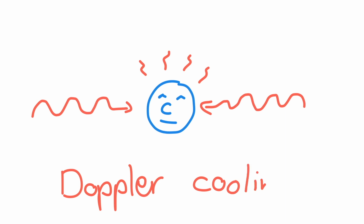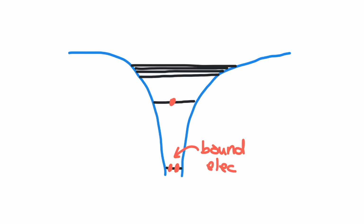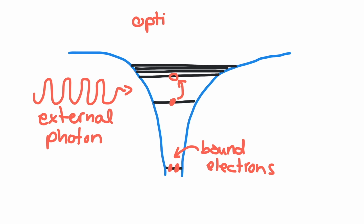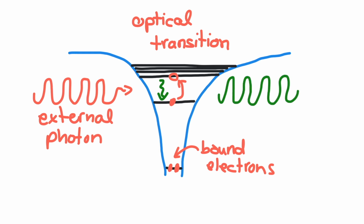Assume we have a single neutral atom. The core is basically an attractive Coulomb potential where electrons are bound at specific energy levels. An external photon that carries the right amount of energy can trigger an optical transition. This means that the photon is absorbed and the atom gets excited to a higher energy. After a while, the atom will relax into the ground state by spontaneously emitting a photon of the same energy